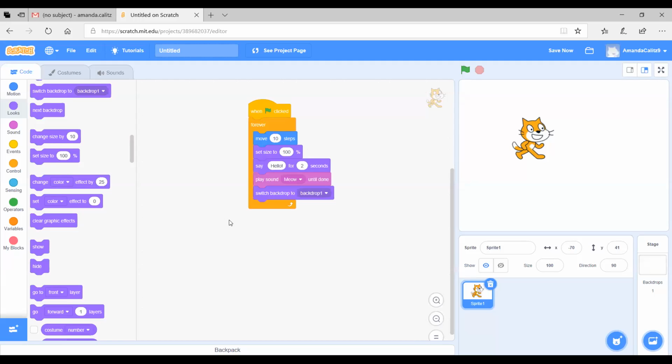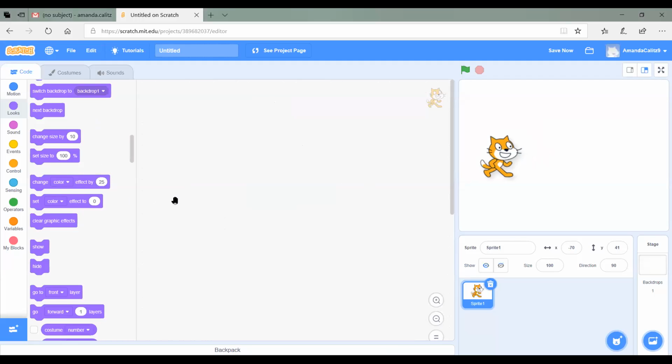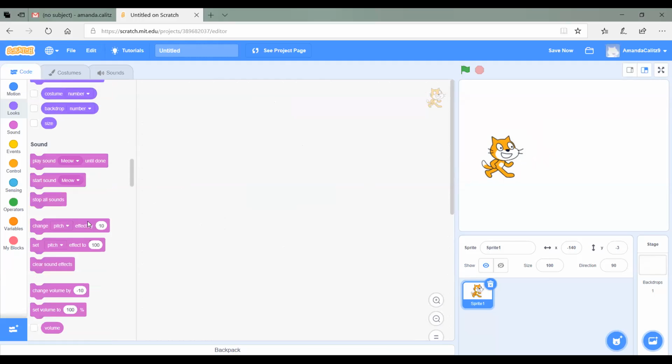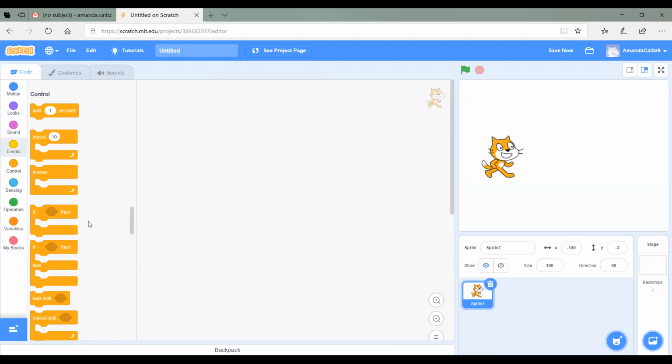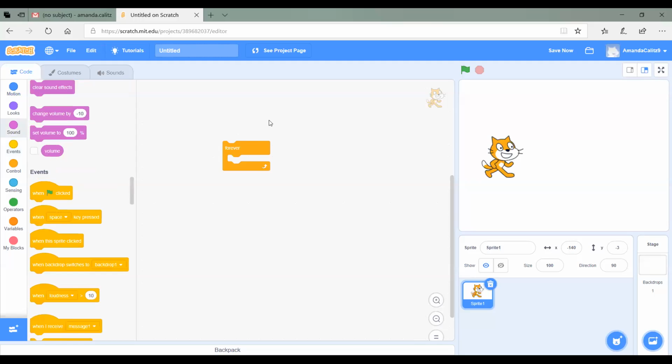I'm quickly just going to start over for you. So in Scratch, or in programming, we need to give something an assignment to do. So the first thing that I'm going to do is repeat whatever I'm going to do forever. And then I'm going to say when I click on the flag,